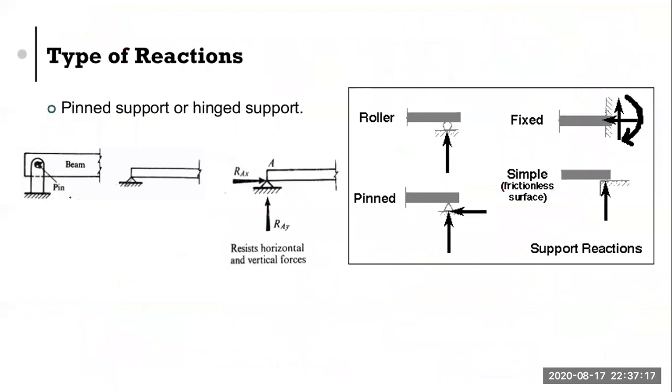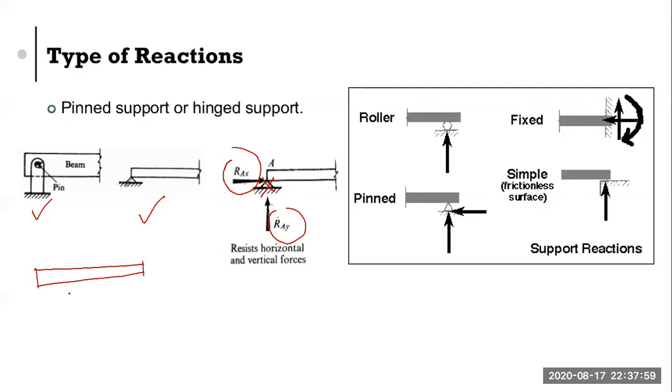Say pin or hinge support, which I have told may be of this diagram, and this diagram is the same diagram. This is called hinge, this is called pin, and hinge and pin are the same. So you have to replace by a single horizontal force and a single vertical force. Another thing, while drawing these two reactive forces RAX and RAY, you have to remove the support. So this diagram is not 100% correct. The correct diagram will be, this is the beam.